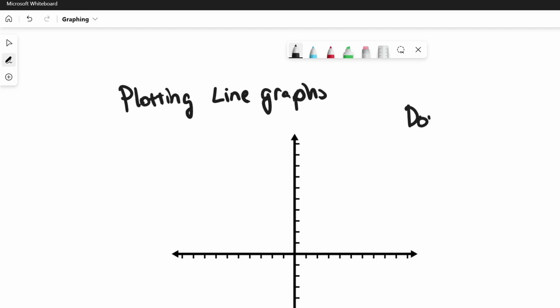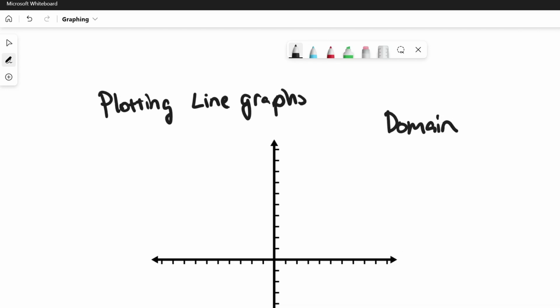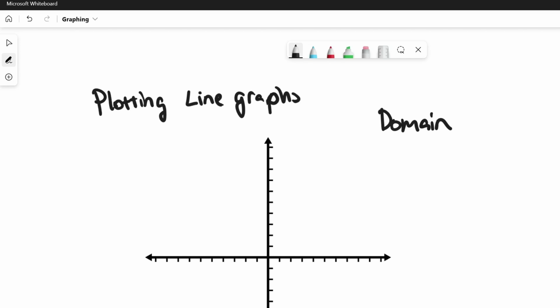So a domain is basically boundaries from which the graph is going to be between. And usually it's set between the x-axis, but it can also be set between the y. So a typical domain set between the x-axis would look something like x is between 3 and say 7. And when we use these square brackets, it means it's including these points. So how the domain would look if it wasn't including 3 to 7 would be just curly brackets, 3 to